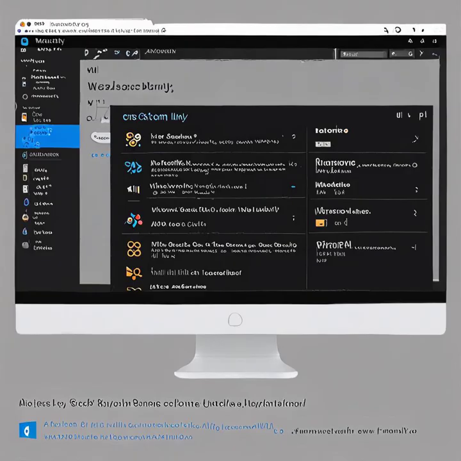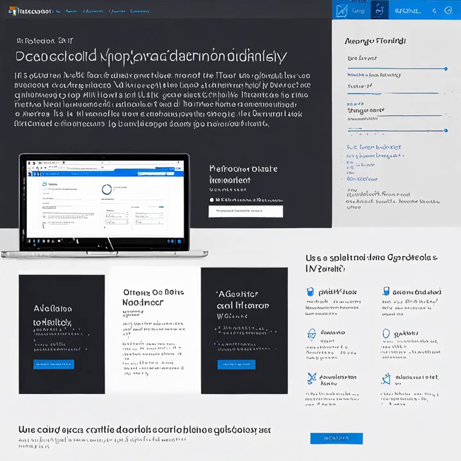Whether you're building a new application or migrating an existing one to the cloud, Azure Web PubSub and WebAssembly are definitely worth exploring. To get started with Azure Web PubSub and WebAssembly, visit the Azure website and sign up for a free account. From there, you can create a new Azure Web PubSub instance and start building your real-time web application today. Don't just take our word for it, try it out for yourself and see the power of WebAssembly and Azure Web PubSub in action. Azure Web PubSub and WebAssembly are a match made in heaven, providing a powerful and secure platform